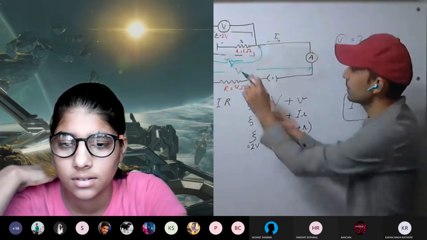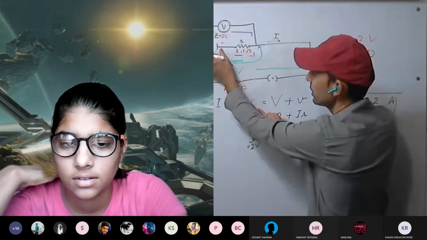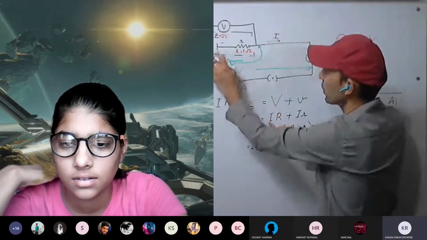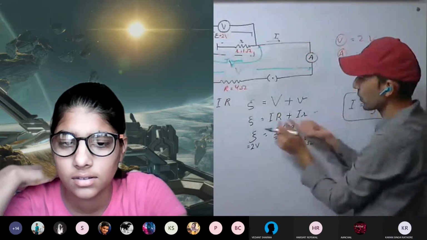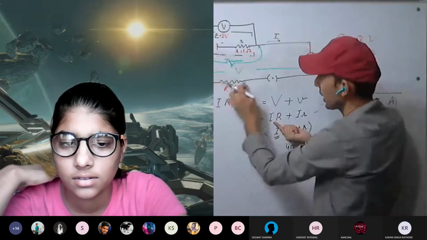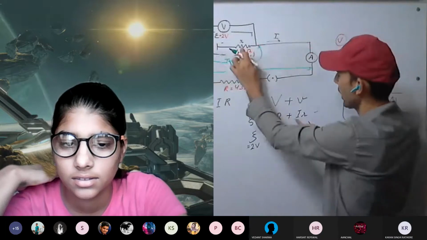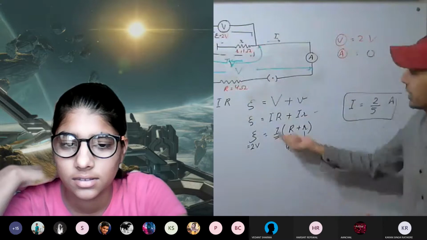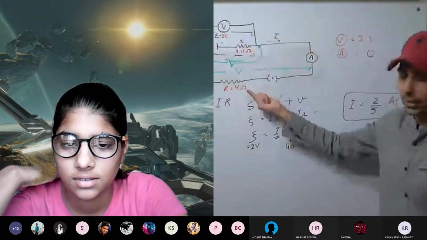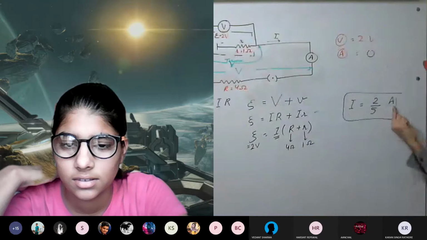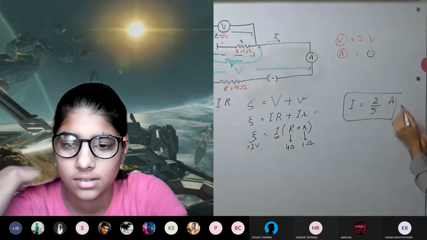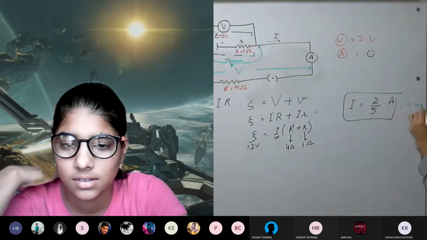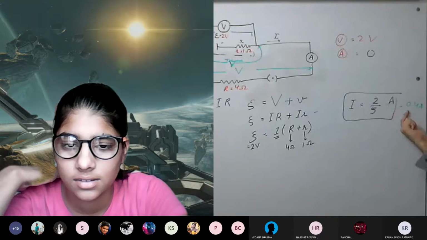Okay. So first we have calculated the current flow. What will be the equation? This one. EMF equal to... Or you can write it directly this equation as well. V equal to IR plus I small r. Okay. And you can calculate the value of I, that is how much current is flowing through the circuit. So I came out to be 2/4. It will be how much? 0.4. 0.4 amperes. This much is the current flowing.